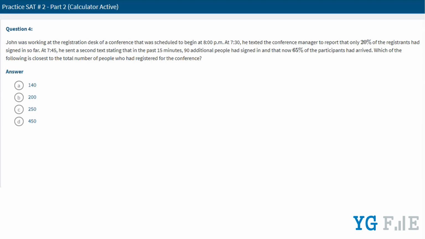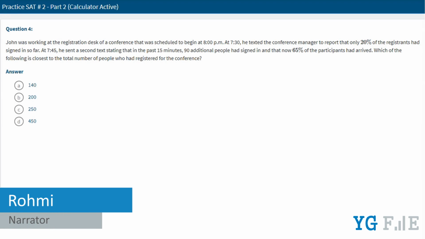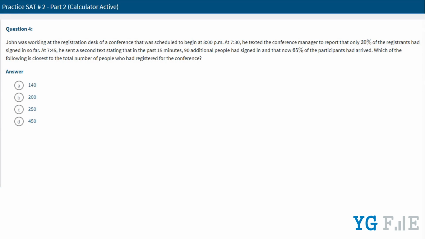John was working at the registration desk of a conference that was scheduled to begin at 8 p.m. At 7:30, he texts the conference manager to report that only 20% of the registrants had signed in. At 7:45, he sent a second text stating that in the past 15 minutes, 90 additional people had signed in, and that now 65% of the participants had arrived. The question is, which of the following is closest to the total number of people who had registered for the